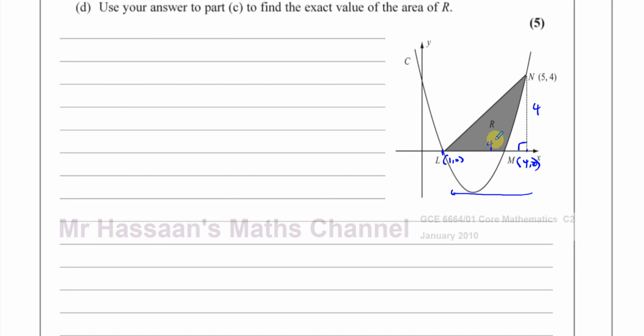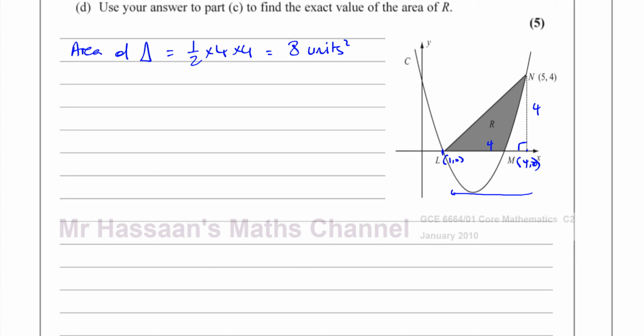So the area of this triangle is equal to a half times 4 times 4, which is going to be 8 square units. That's the area of that triangle. Okay, now